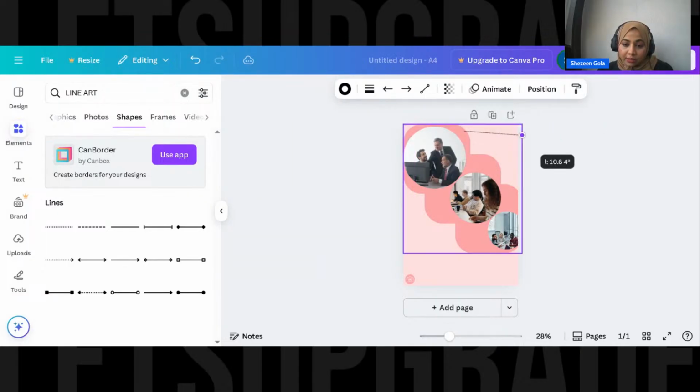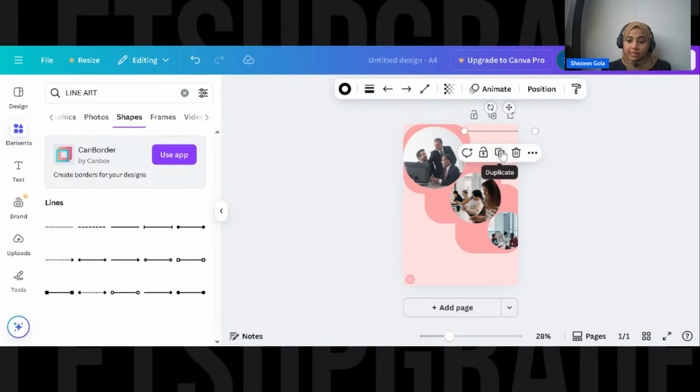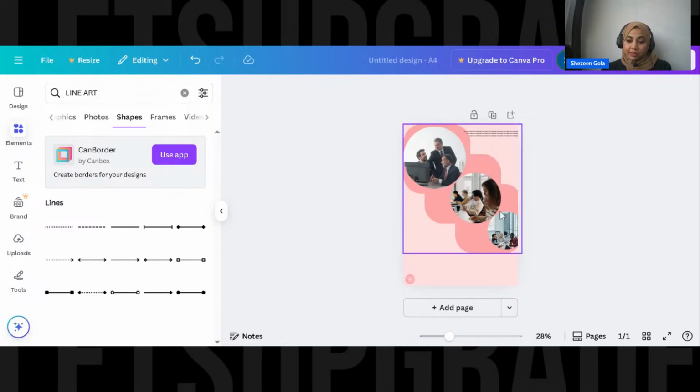So one good thing about Canva is nothing goes outside. Even when you are taking it up and down, you can go around. You see? So let's keep it here. And now again, you can copy it. You can create a design like this. You see, there are three lines.